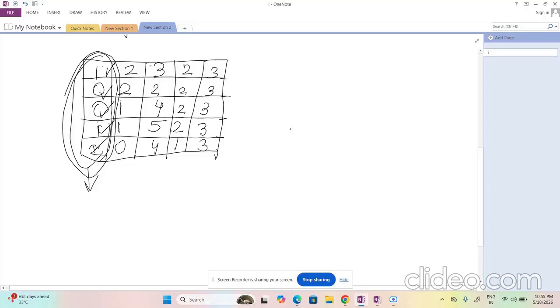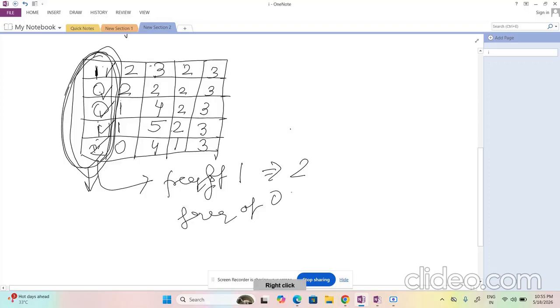So if you want to reduce the number of operations in this first column, what we would do is take the element which has max frequency, right? We'll want to take that. So in this case, for example, frequency of 1 is 2. Frequency of 0 is what? It is 2, right? Frequency of 2 is what? It is 1. So if I want to make all the elements as 1, what I'll do,